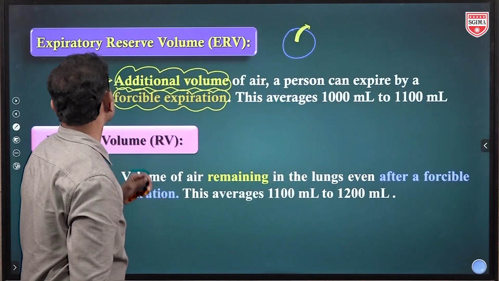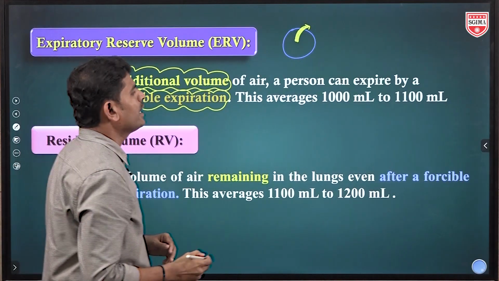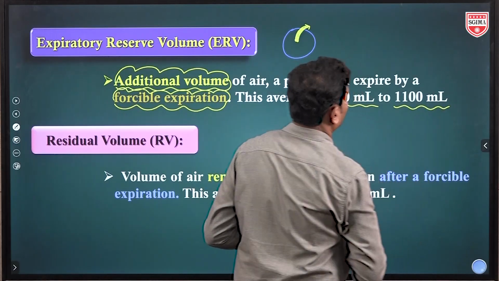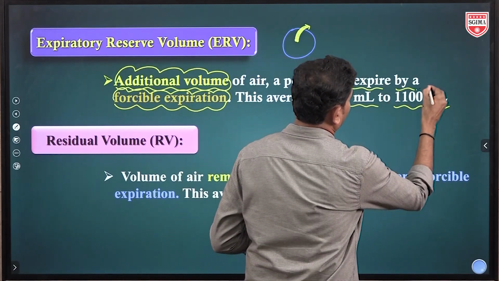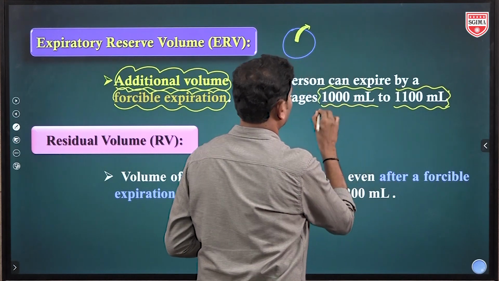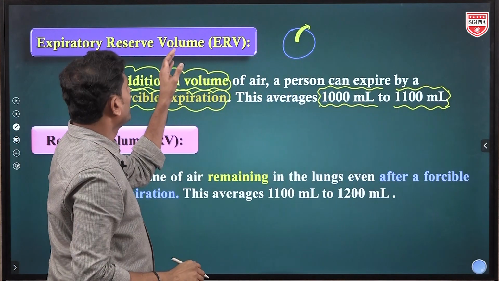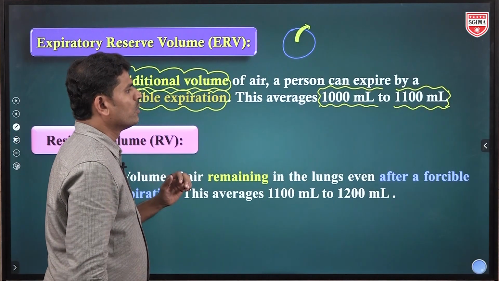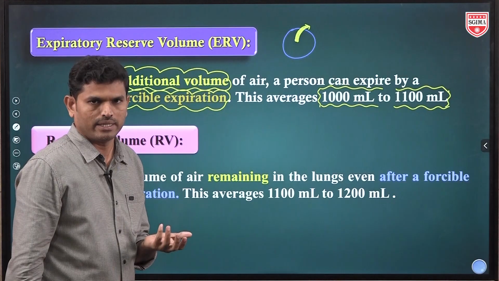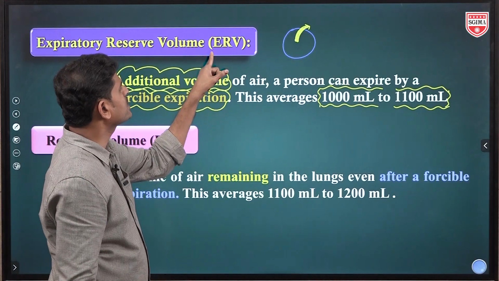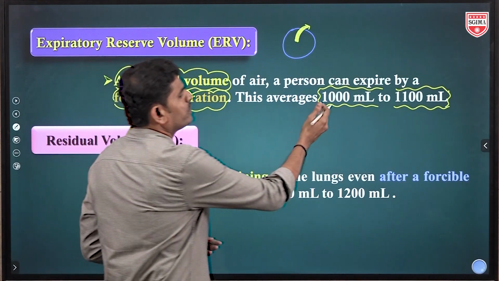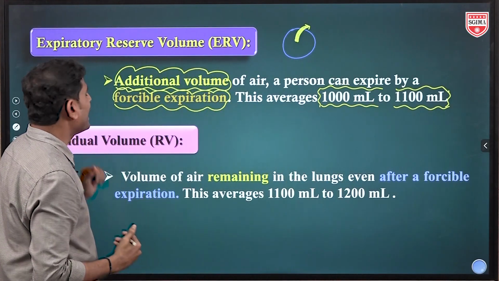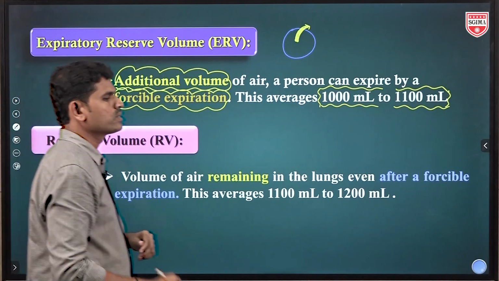So this is called as expiratory reserve volume, and इसका volume 1000 to 1100 ml it is. So we have to remember this volume also. Simply, expiratory reserve volume bole to a person forcefully expires the volume of air, that is only called as expiratory reserve volume. Value is 1000 to 1100 ml. Next we are going to take another volume, that is kaun sa?